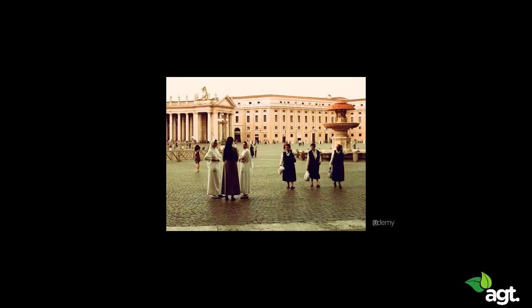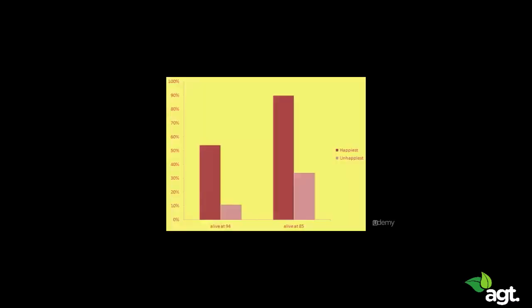It turned out that none of these factors had an impact on how long the nuns went on to live. But there was one factor which did have an impact, a very significant impact. The nuns whose journal entries had more positive content lived nearly 10 years longer than the nuns whose entries were more negative or neutral. In particular, the researchers compared the most positive 20% with the most negative 20%. And here's the difference.